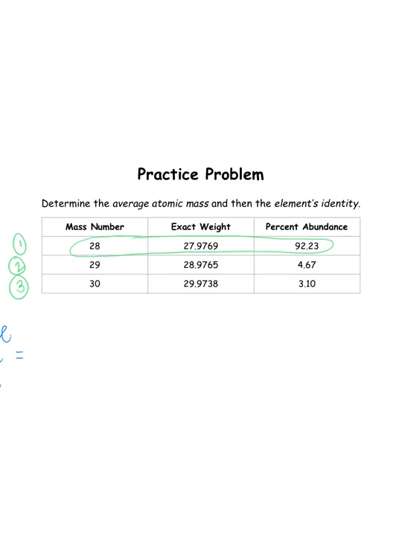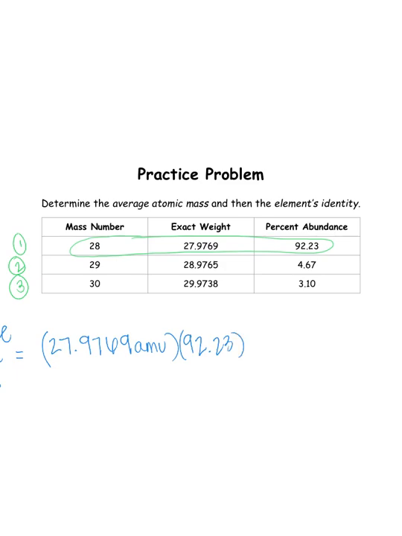So I'm going to go ahead and use the exact weight of 27.9769 when I am mathematically calculating my average atomic mass. And I'm going to go ahead and do that now for isotope number 1. So I'm just going to copy that number down from the table, 27.9769 AMU, since this is a mass. And then the percent abundance for this first isotope is